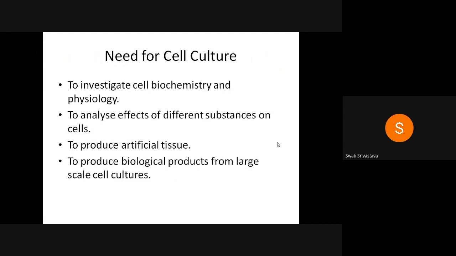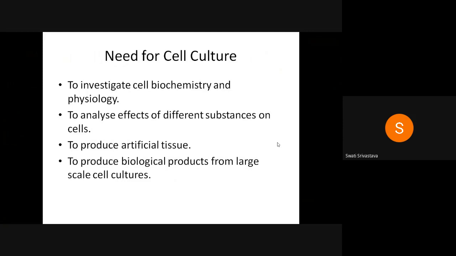So you cannot always do it. It is not feasible on a large scale. It will require large efforts and large financial expenditure. And the results would be very similar if you do this process in cell culture. So when you try to investigate the cell biochemistry or the physiology, you can do it very easily